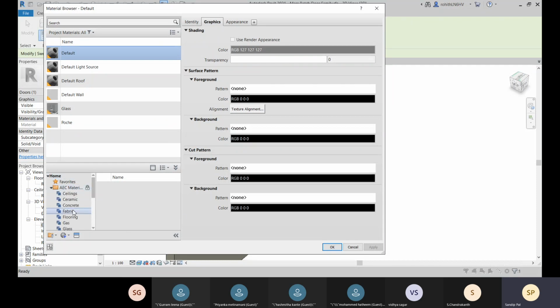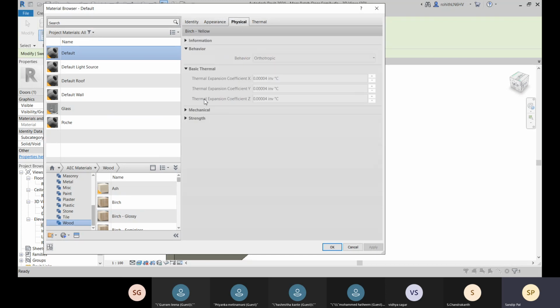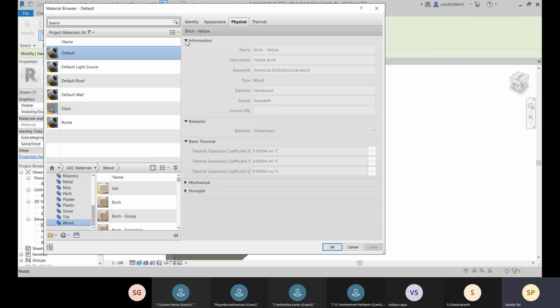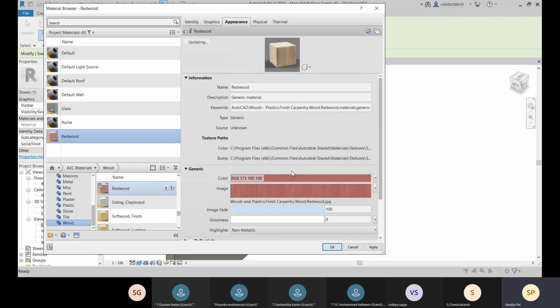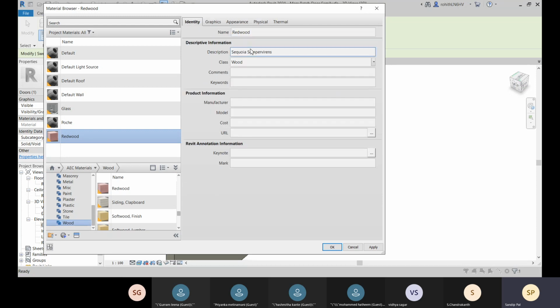So let's choose from library, and let's come to this wood option, and here you can choose what kind of wood you are going to select. So before applying it, you can check it. All right, so which one you want to apply. So let's go for this red wood. All right, fine. So let's go for this graphics, and here I will be defining as render appearance and identity.